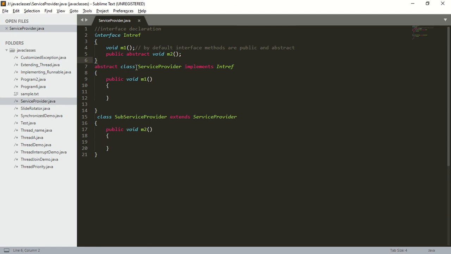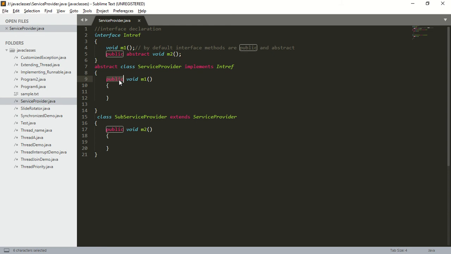Next, how will a class implement it? A class can implement an interface by using the implements keyword. What is the next point? While implementing an interface method, compulsorily the method should be declared as a public method. Otherwise, we are going to get a compile time error.